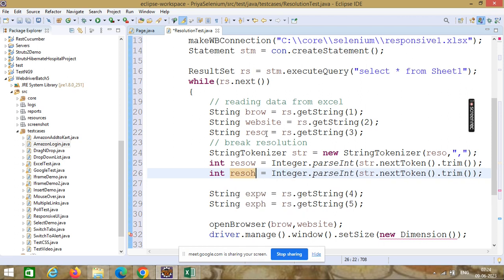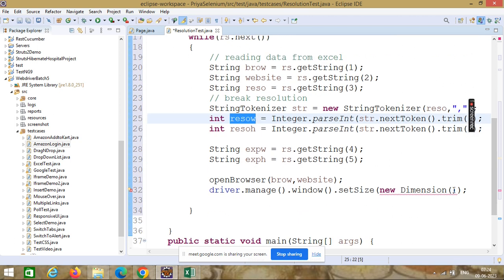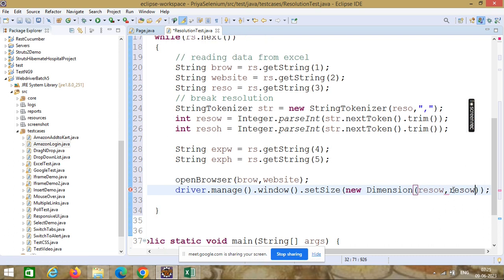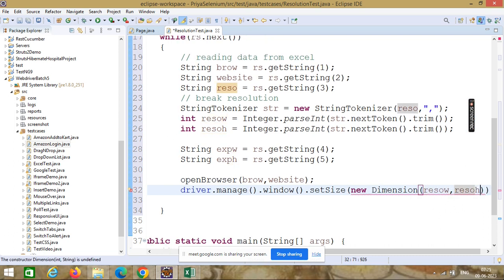So now from this resolution I have taken width separately, height separately. Again, this is the data coming from the Excel sheet which I will pass over here, new dimension. So it will open the browser with the specific dimension.